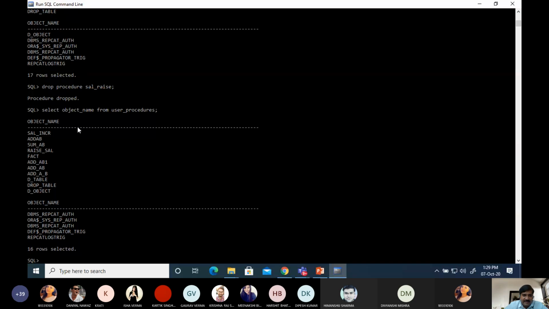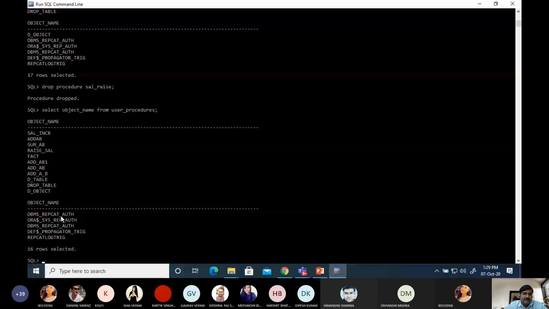And the result of this query will be stored in a temporary area. That area is called the context area, and automatically an implicit cursor SQL is created, and through that cursor this result is displayed on the monitor.